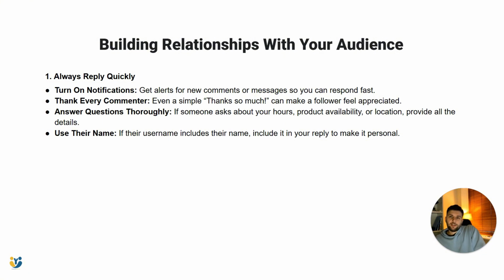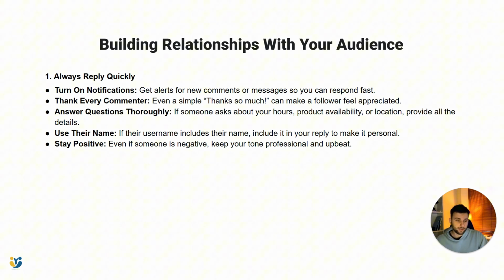And next thing, you want to make sure that you use their name. Things that are more personalized are just proven to work better, right? And stay positive, right? Because even if someone's negative, keep your tone professional. That's very important. You can be angry, and you can say this to your friend or to your partner or whatever. You can let the steam off, but don't release the steam on your professional business page. Say it to your friends or to your close ones, but not on your professional Instagram.